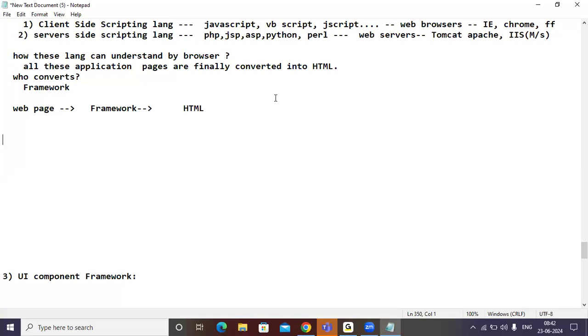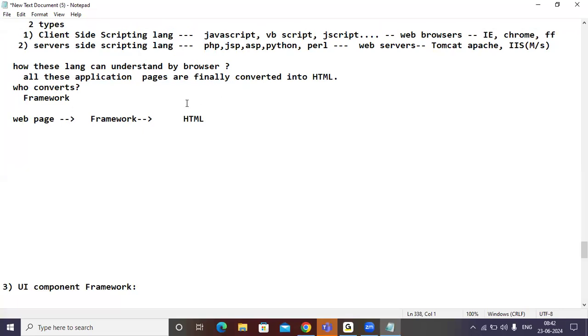But here the point is, instead of creating the web page by using JSP, PHP, like this, why can't we directly create the page in HTML, so that we don't need to use a framework? Yes or no? So why do we need to develop the page by using PHP? And again, why do we need to convert the page into HTML with the help of a framework? Instead of creating the web page using PHP or JSP, why can't we directly develop the web page using HTML, so that we don't need to use a framework? Yes or no, all of you?